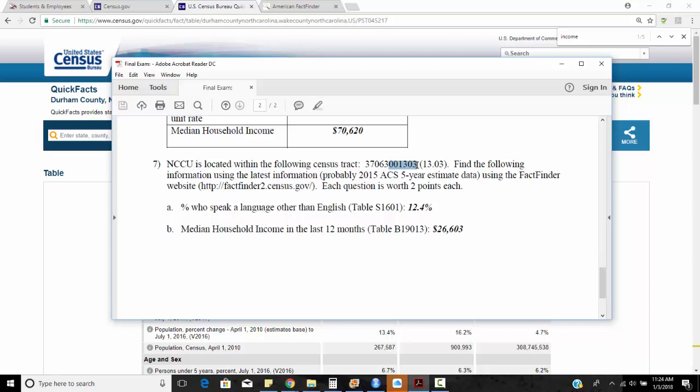On these 11 here, we can look at census tracts. Tracts are divisions below the county level, because if I were to look up income for the entire county like we did for Wake County, well, it's highly diverse. There's going to be some where it's 20,000, other areas where it's 200,000. So looking at it at the sub-county level is going to be a really good way to get higher scale